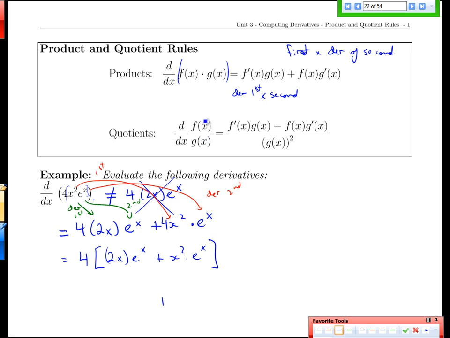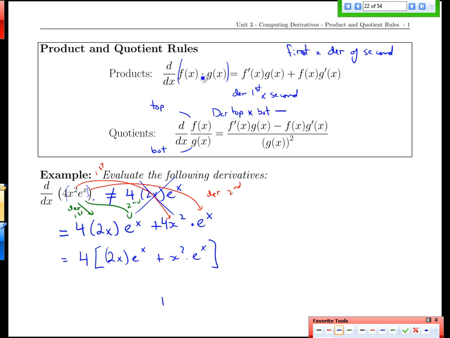A quotient is another possible combination of functions, of course. Like the product rule for multiplication, there's also a rule for dividing or taking quotients. And the rule here is closely related to the product rule. The one big difference that can sometimes take some memorization is the transition here from a plus to a minus. So what we'll often do is call this function up here the top, and this function down here the bottom. And when we go to take the derivative, what we get is the derivative of the top times the bottom